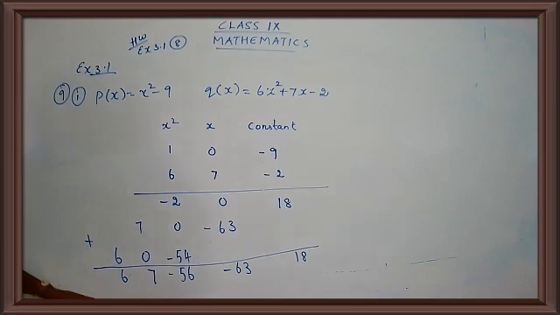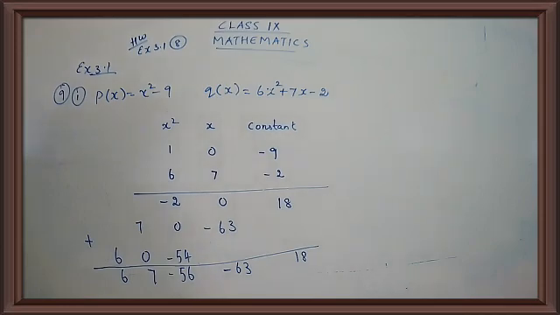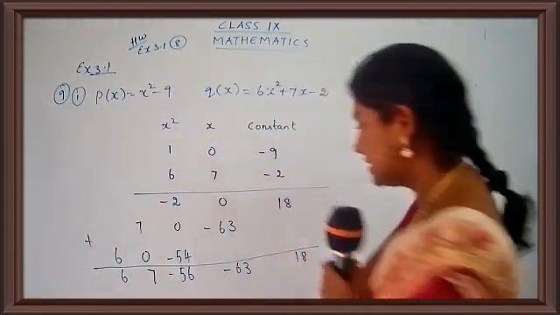Now let's see how to write this in a proper way. This is not a polynomial yet. We don't have any x terms over here, so we have to write this in a proper form. This is just the coefficients. What we have found are the coefficients. Now let's see how to write this down.